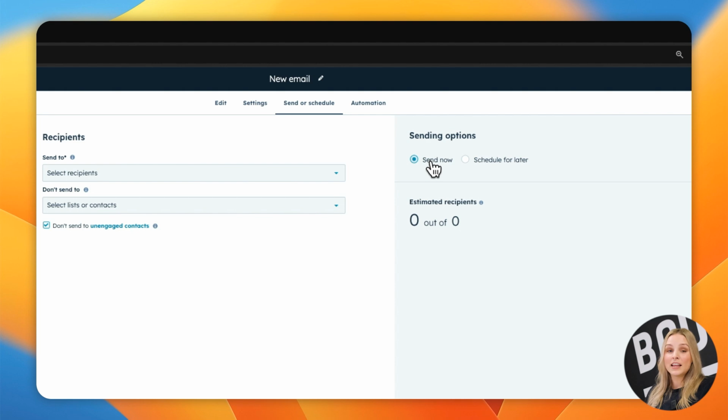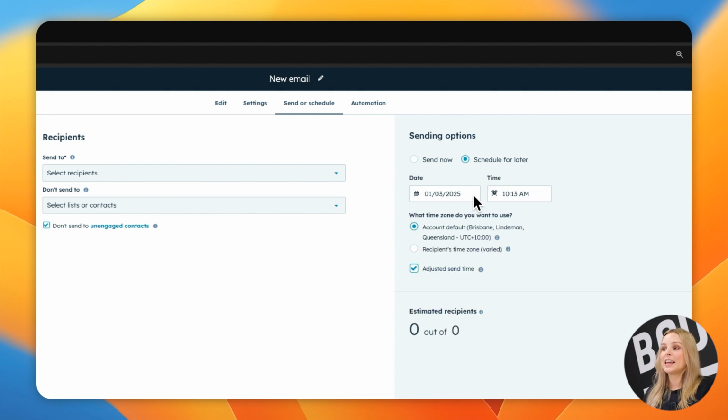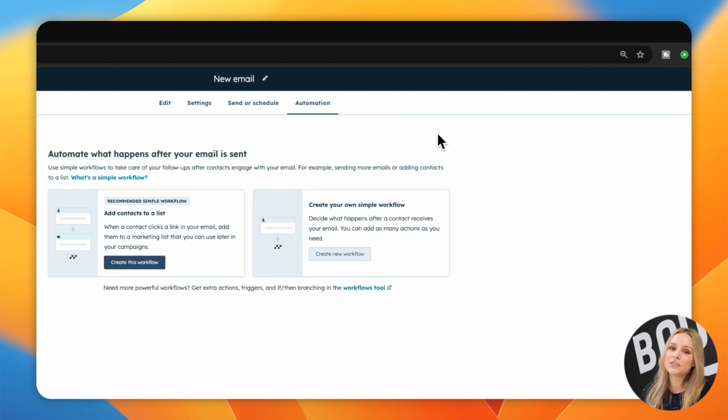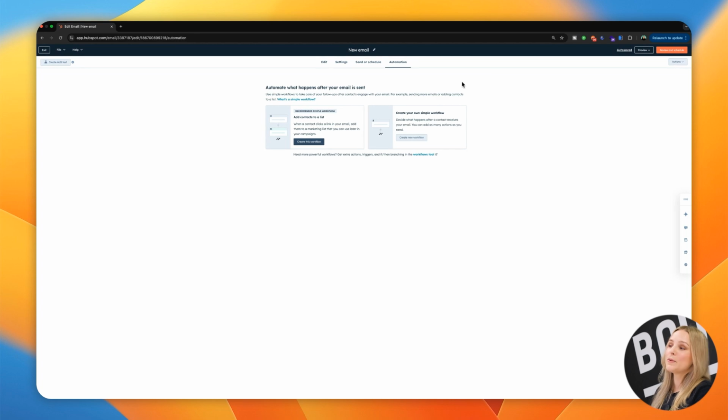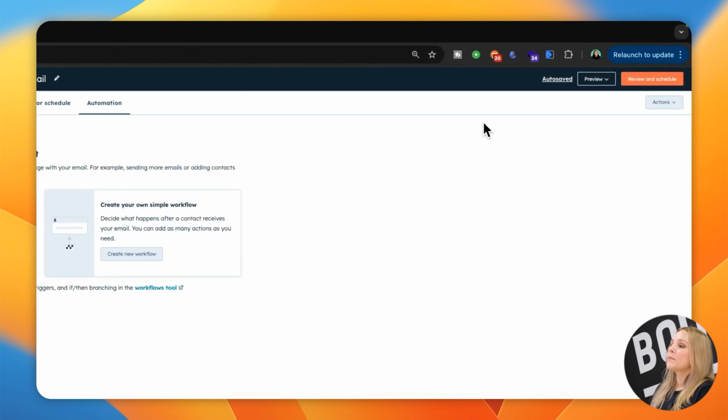Finally, you can either send it right now or schedule for later and then actually set it up in your plan so you can work ahead. You can set up some automations as well if that's what you want to do, but for today, I think that's pretty straightforward. The only other thing that I would recommend that you do is make sure you preview the